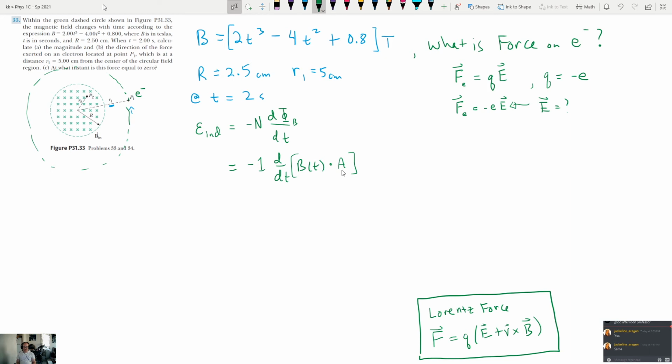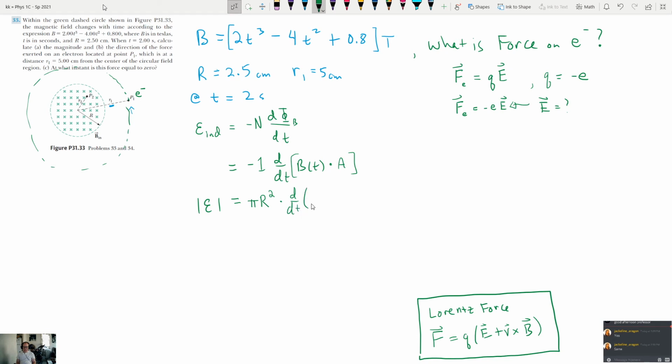In this case, this area is going to be the area of the inner circle, because that's the only place where you have flux, the only place where you have magnetic fields. So this is going to be negative. So the area A here, let's get rid of this negative sign. It gets really annoying. We don't need to write induced every single time too, right? Okay, so the area A is going to be the area pi big R squared, because that's the place where the magnetic field is, multiplied by d/dt